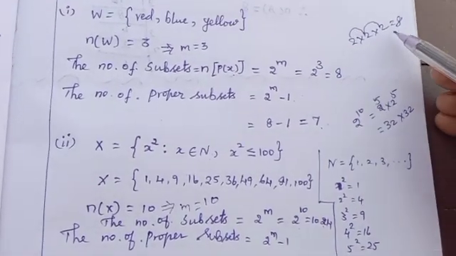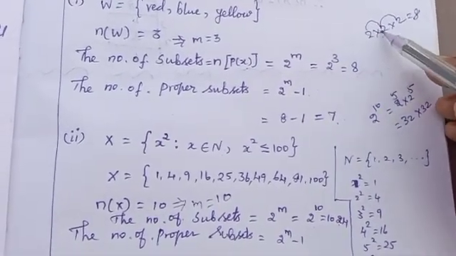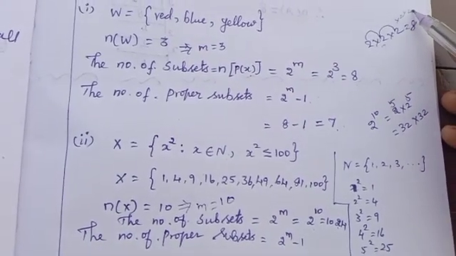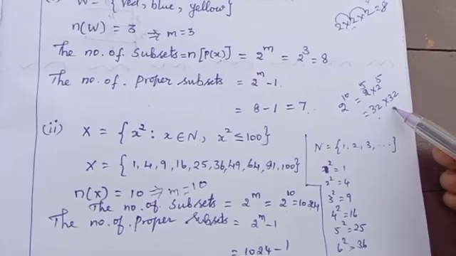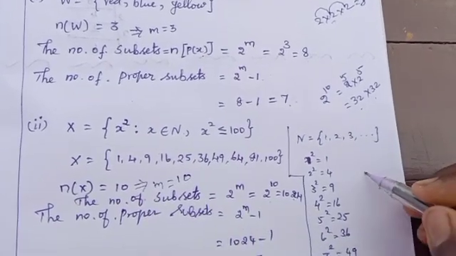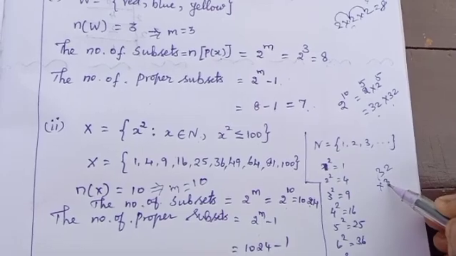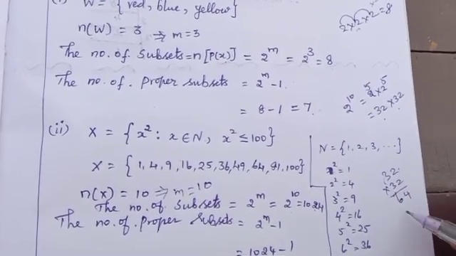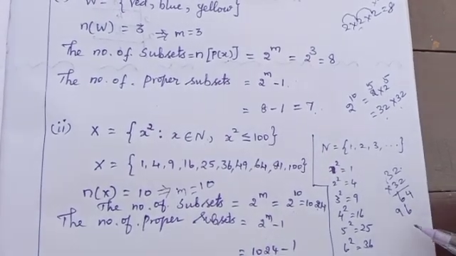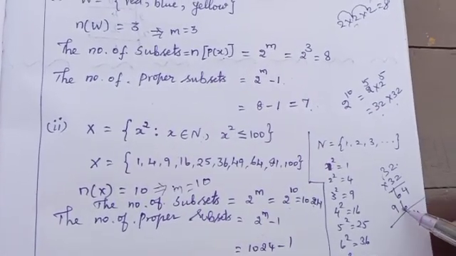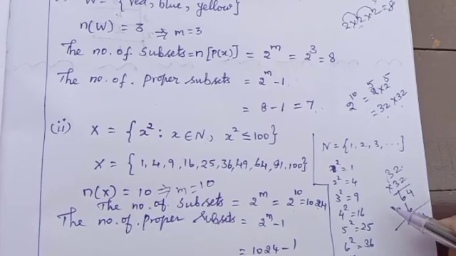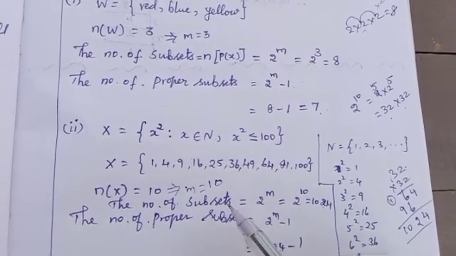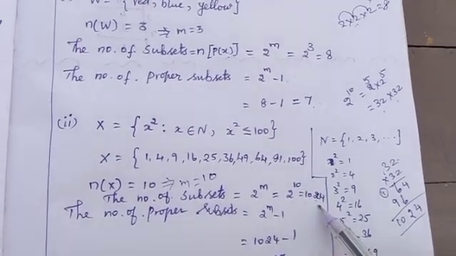Already we found up to 8, you know. So that is 2 2s are 4, 4 2s are 8, 8 2s are 16, 16 into 2, 32. So that is 32 into 32. 32 into 32, you multiply. 2 2s are 4, 3 2s are 6, 3 2s are 6, 3 3s are 9. So 4, 6 plus 6, 12, balance 1, 9 plus 1, 10. 1024. So that is 2 power 10 equal to 1024.